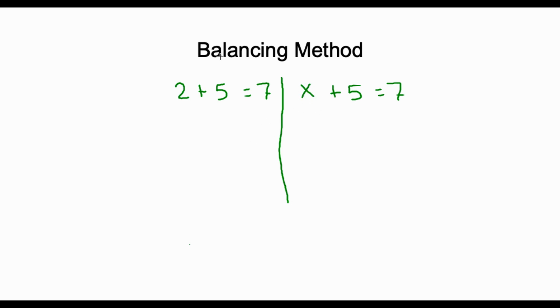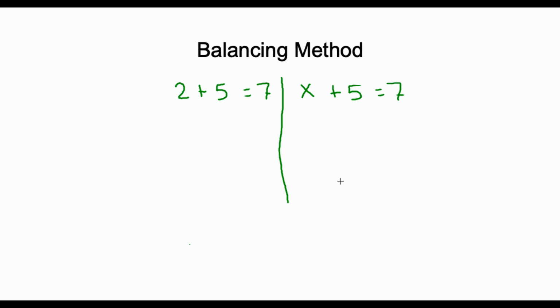However, just so that we start using the balancing method, so that we understand how to use it properly, I'm going to show you this. Okay, so we want to find the x. Well, the problem with the x is that it has a number next to it. You're adding 5. The goal is to eliminate everything that's near the x, so that you can figure out what the x is going to be